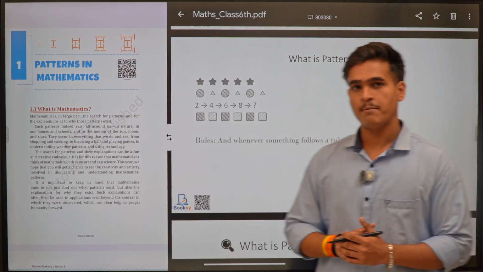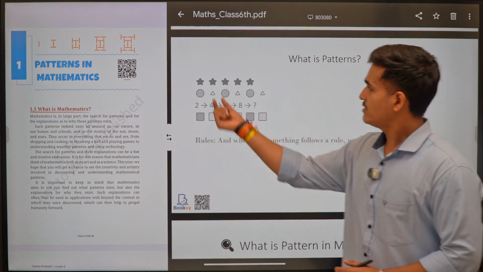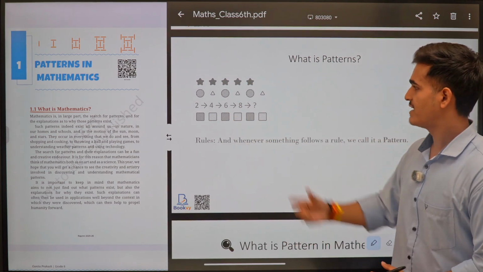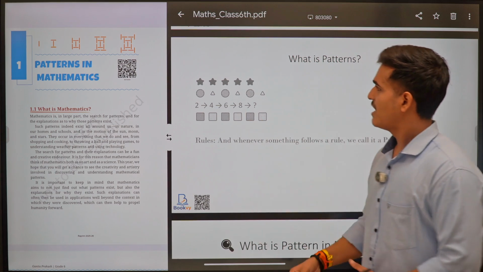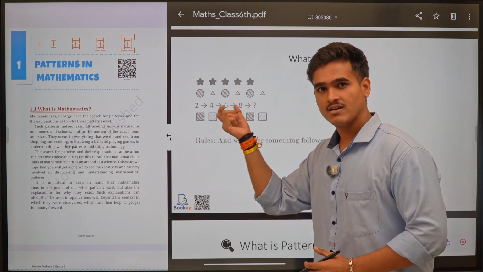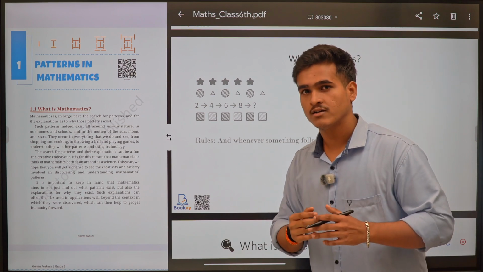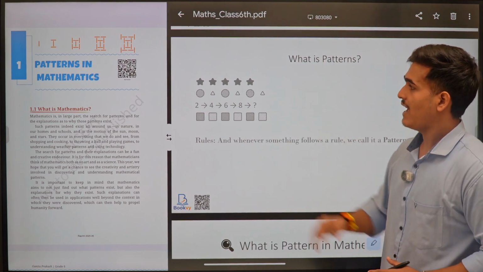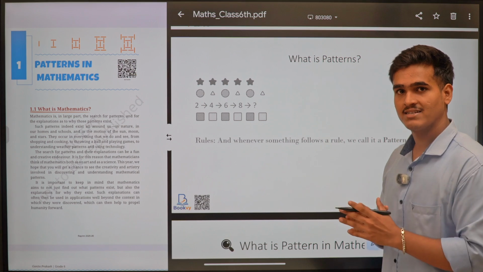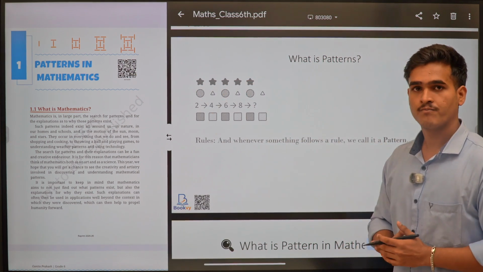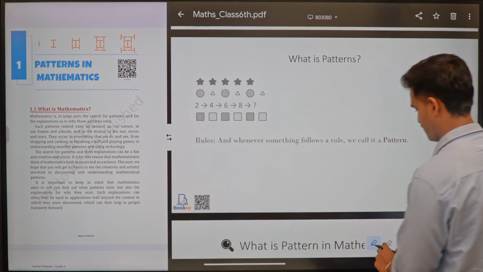Here you can see an image, right? Here so many stars, balls, numbers, cubes are presented. So what is this? Do they follow any sequence, like increasing order or decreasing order? Analyze this image, see the image and tell me what this pattern stands for. Like if you see here,